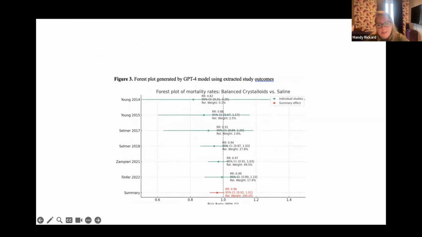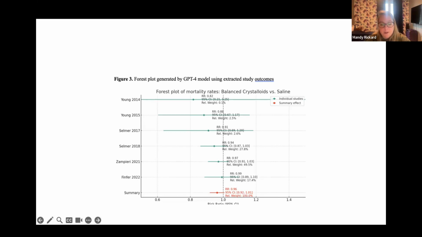Another domain that we've recently looked at when it comes to the new ChatGPT is the ability to do systematic reviews and meta-analysis. So anybody who has done this kind of research understands the cumbersome nature of having to have 2 independent reviewers review all of the papers, extract the necessary data, and then use a different type of statistical software to generate these forest plots. And what we did here